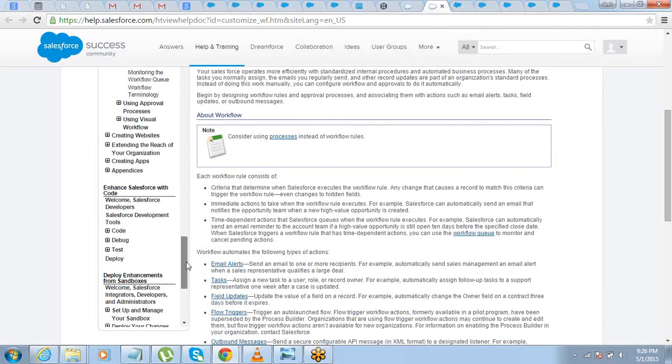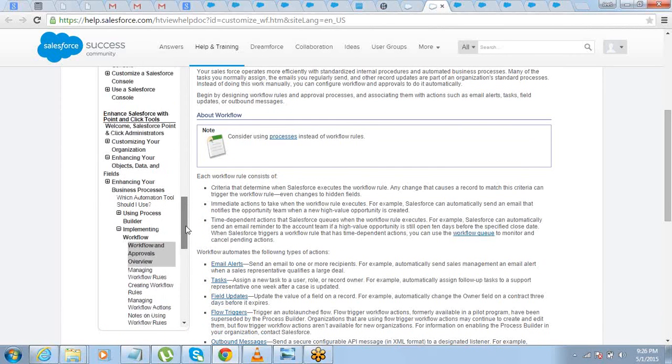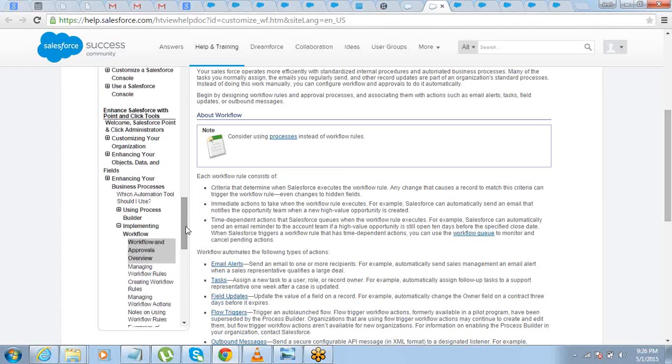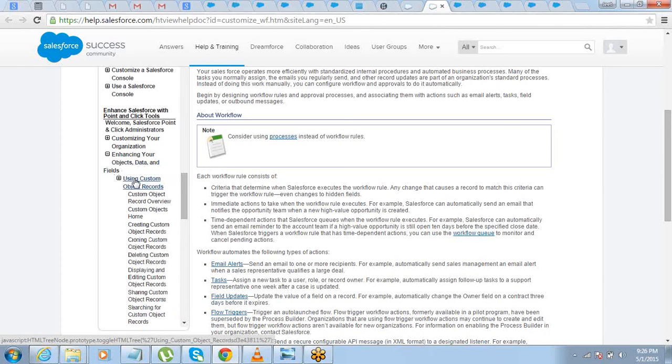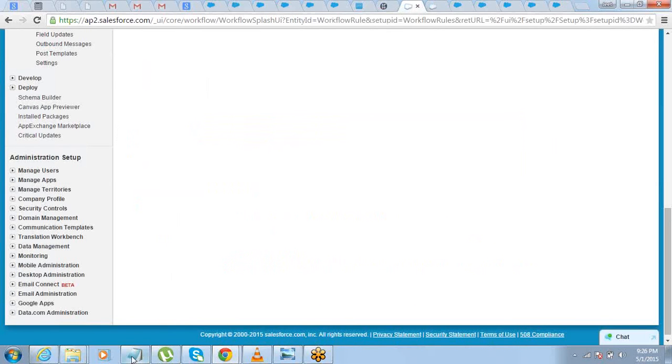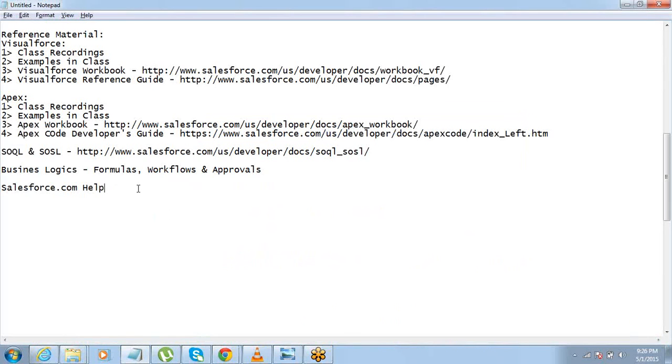But it's always good to look into this for any part of help that you want, right? Enhancing your objects, data, using custom objects and records, custom object records overview and all that stuff. So the Salesforce.com help is again one nice thing that you can always refer to.